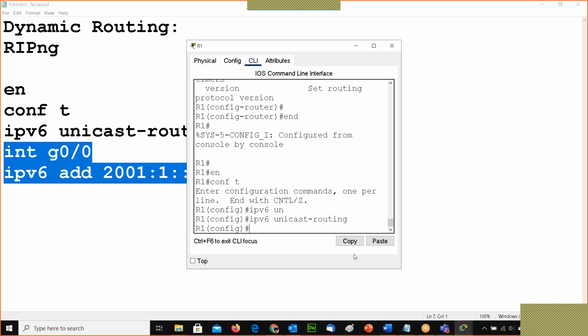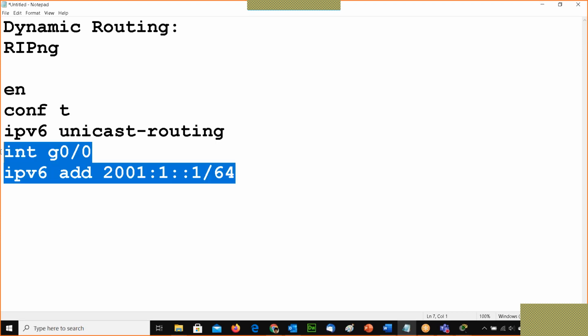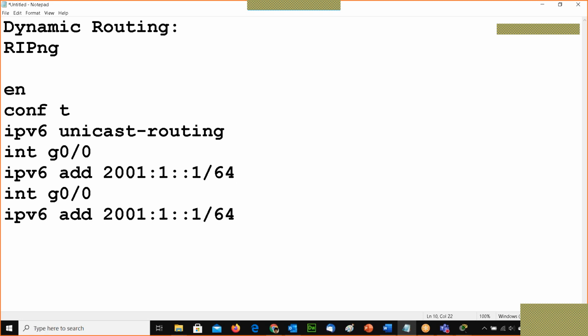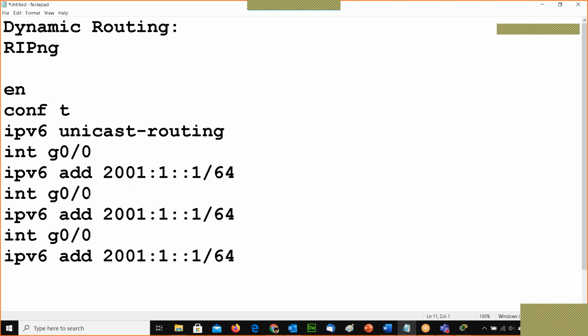Let me go and paste it here. Similarly, sometimes there are some network issues. Okay, so I'm creating IP addresses on all three interfaces, that is 1, 2, and 3.